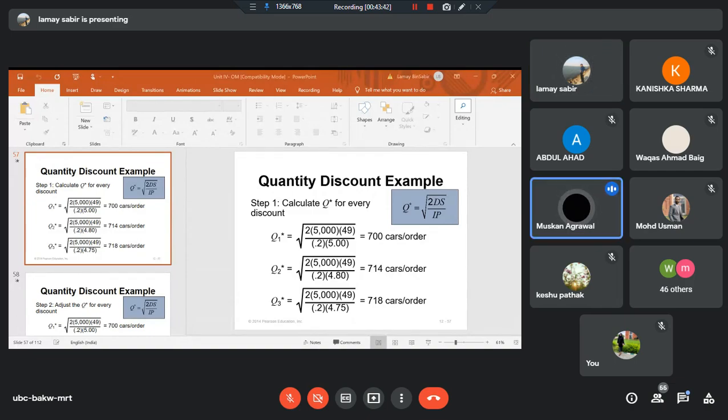So the quantity which has minimum cost. That is the point. Muskan has reached the right answer. The quantity will be the one where the total cost of inventory is minimum. That's a point. Now, Muskan, suppose I don't agree with your answer, then how do you convince me with this idea? How will you explain to me that I must calculate the total cost of inventory? How do you convince me? Sir, we will calculate holding cost and carrying cost and purchase price and we will get the minimum price.